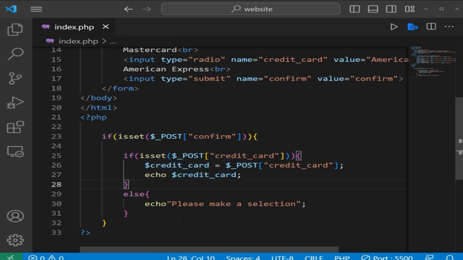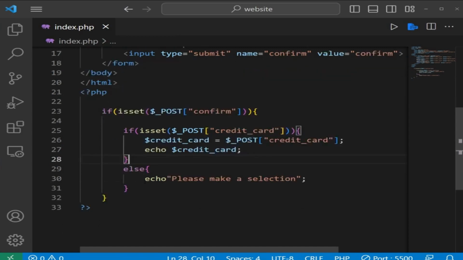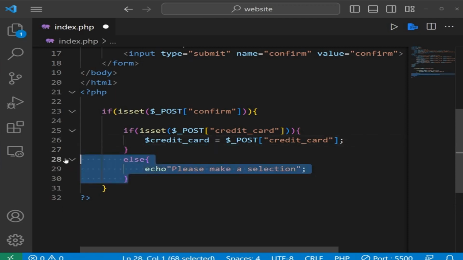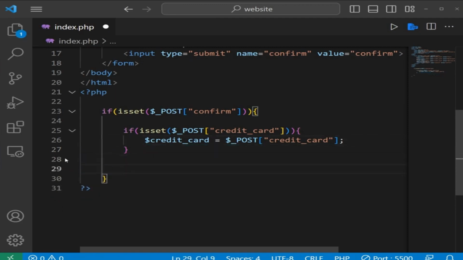I'm going to change my program around a little bit. If we press the confirm button and one of these radio buttons is selected, then assign our variable. Let's get rid of this echo. I'll add some if and else if statements. This is just for demonstration purposes. If our credit card is equal to Visa, then let's echo,